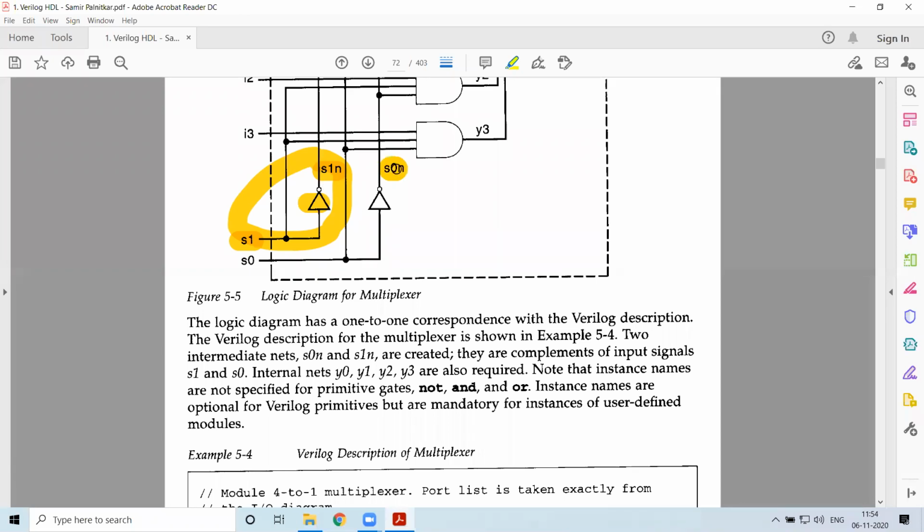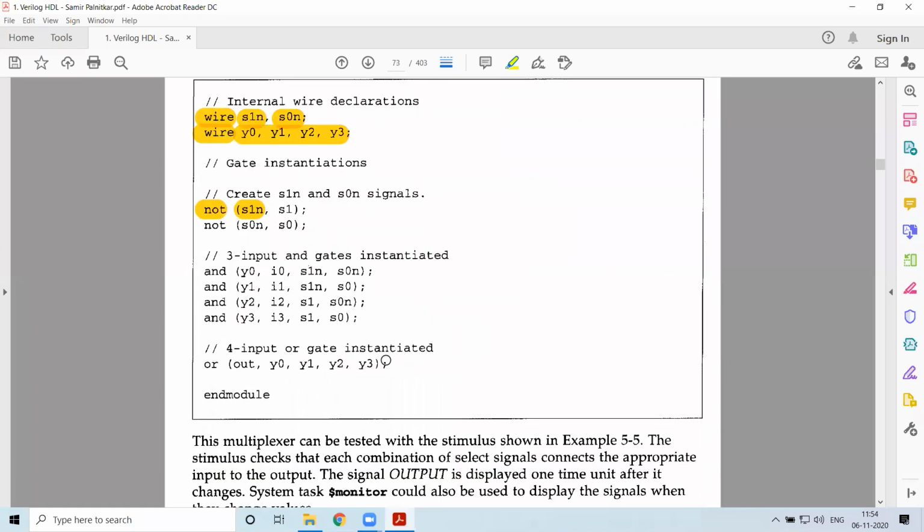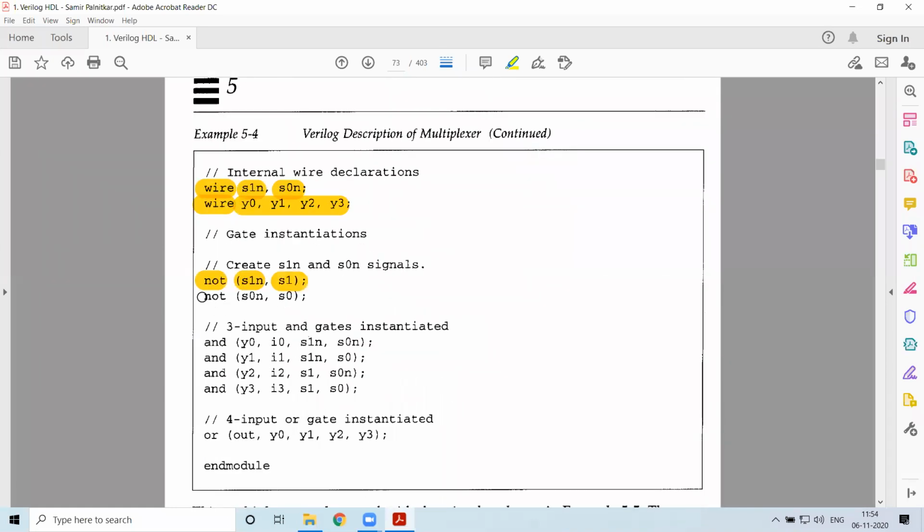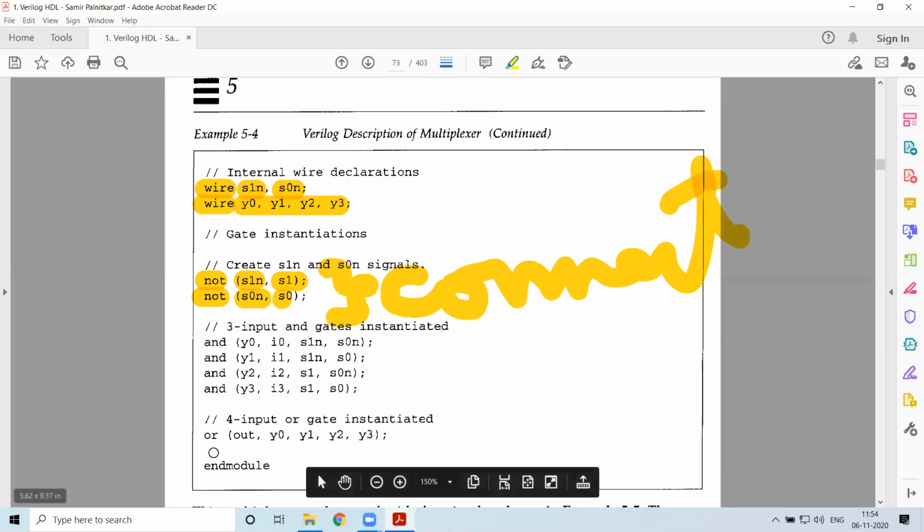Similarly for this one, S0N is the output of this inverter and the input to this one is S0. So we have to define this also. Here you can see the second NOT gate, again with no name. S0N is the output and S0 is the input. So here we don't have the names. This is specifying the connection.